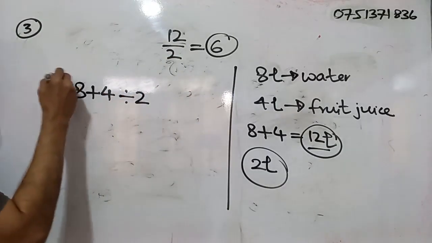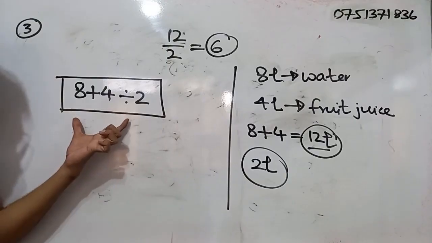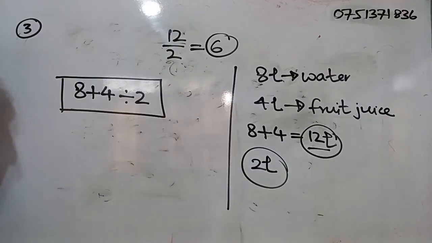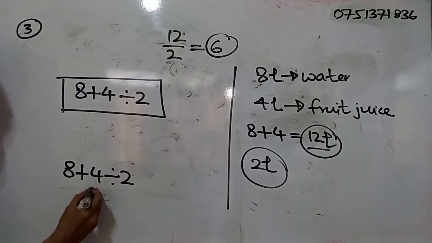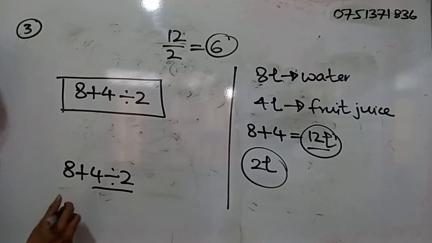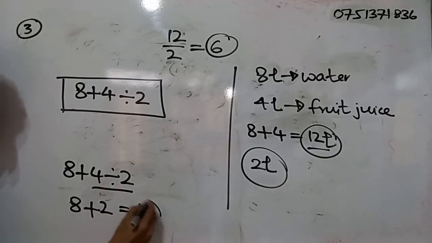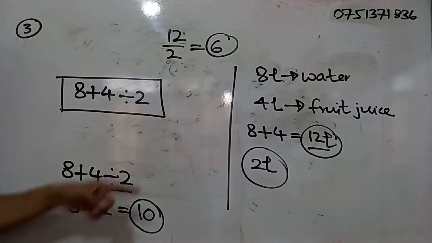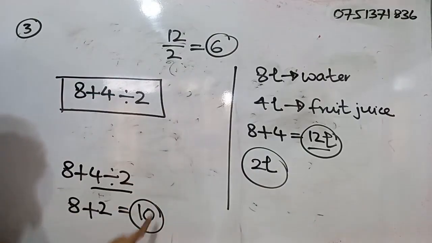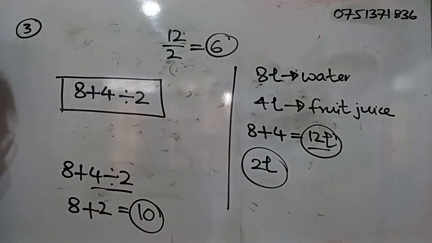Now think for a moment. Now you know order of operations in whole numbers, no? If this is given as a question, then what is the answer? 8 plus 4 divided by 2. What do you do? First of all we have to do the division, right? 4 divided by 2 we get 2, and 8 plus 2 is 10. Does the answer come? No. The correct answer is 6. Here we get 10 as the answer. Did we make this expression wrongly? The answer 10 does not come.